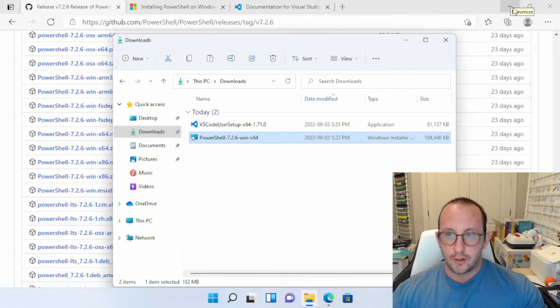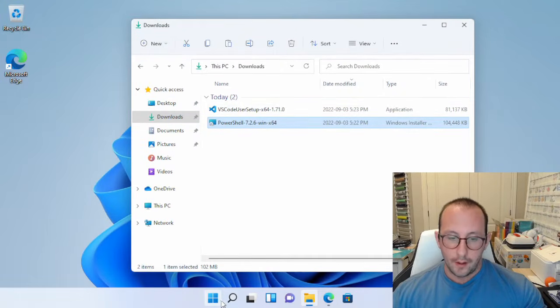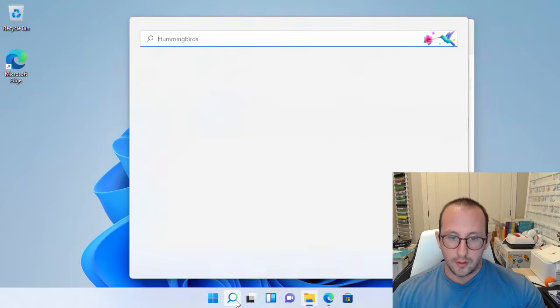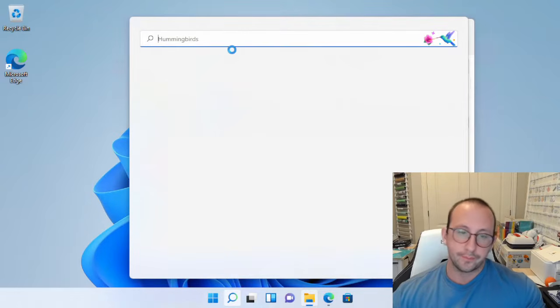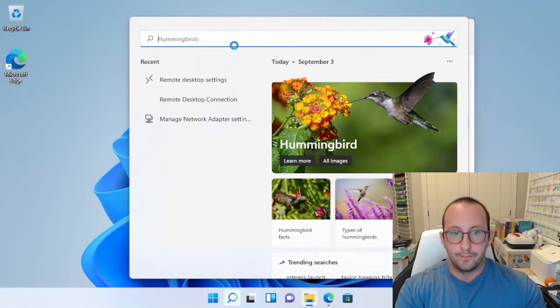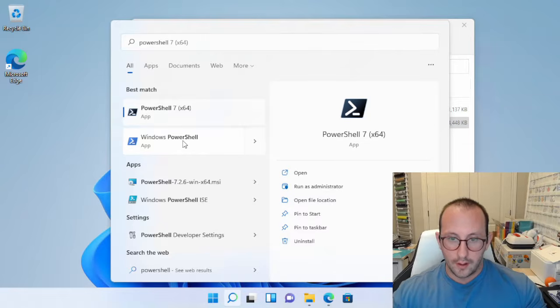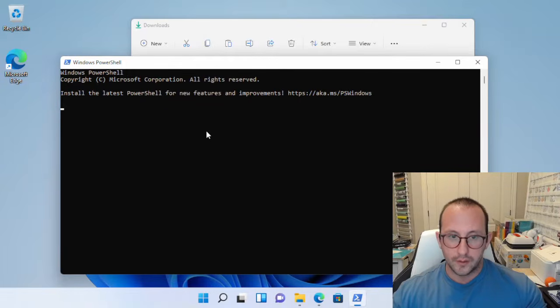Now, like I mentioned, we don't actually have the ISE for PowerShell 7, but if we go in here and do a search on Windows 11 for PowerShell, it might take a few moments to load up what I typed. So here we have it. Here we have our PowerShell 7, and we have our PowerShell 5.1. So if we just click on this one here, we will see,